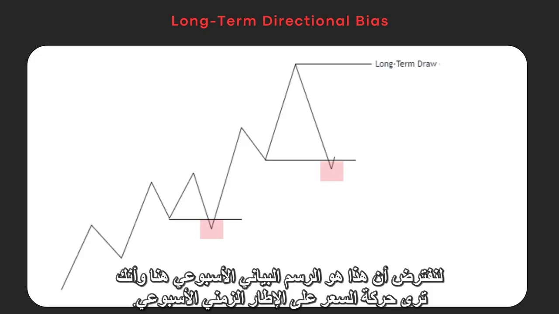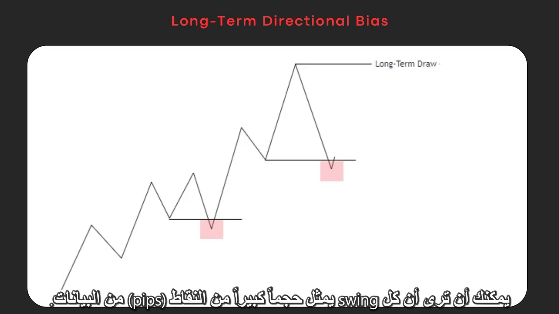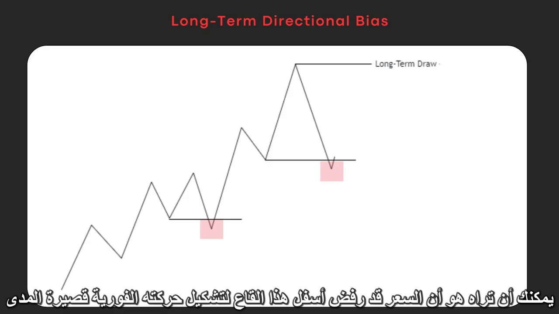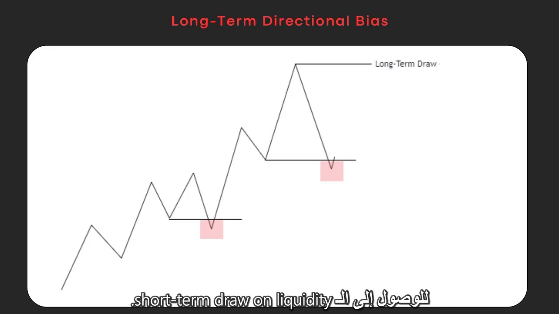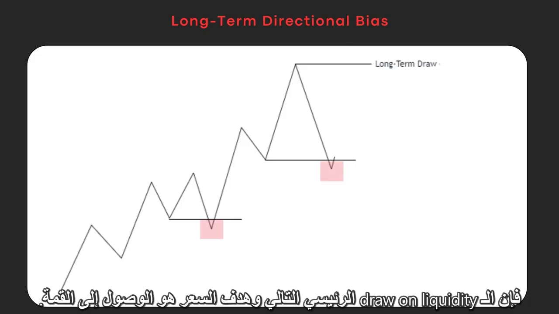Let's say this is the weekly chart right here and you're seeing the weekly time frame and price action. Based on that, you can see that each swing represents a huge number of pips, right? And you can see that price rejects below this low to form its immediate short-term movement to reach the short-term down liquidity. Now that the short-term down liquidity is reached and the retracement profile has ended, the next major down liquidity